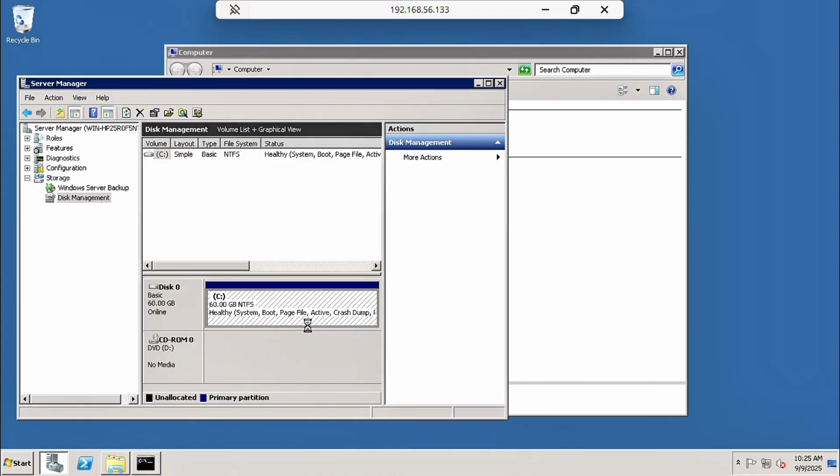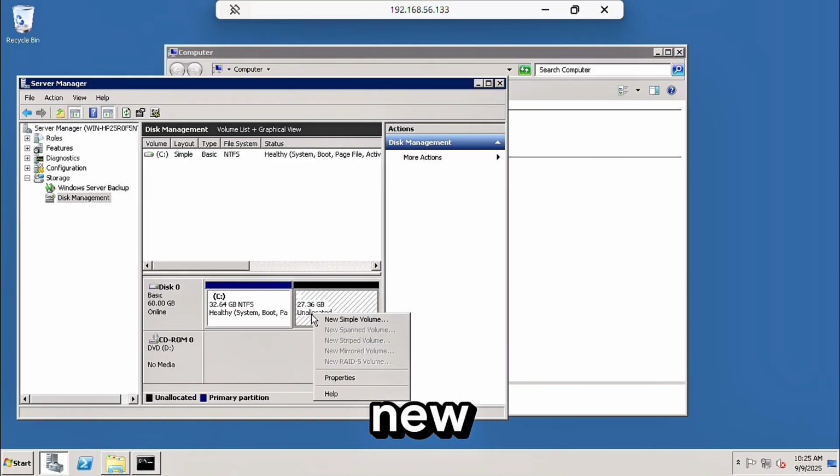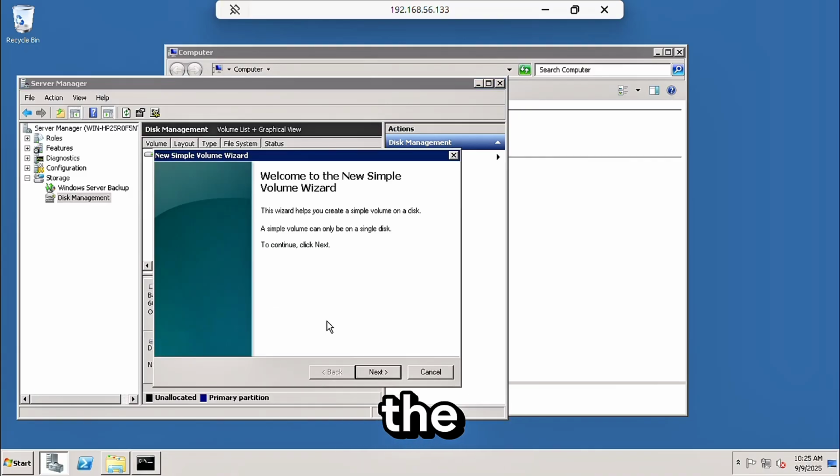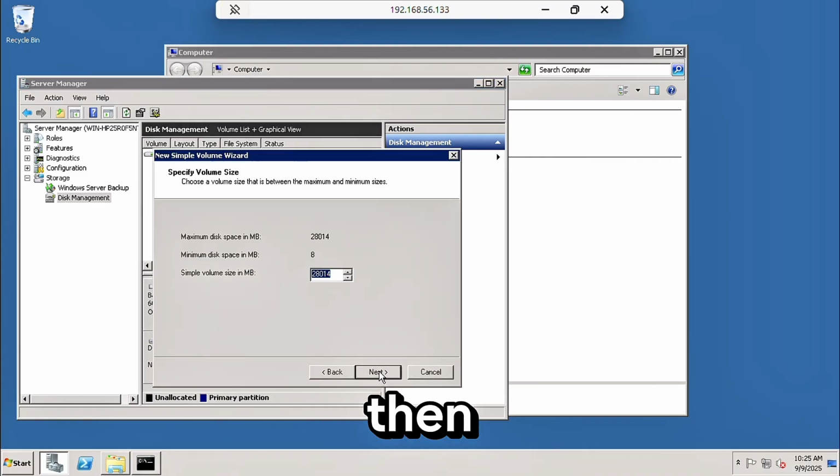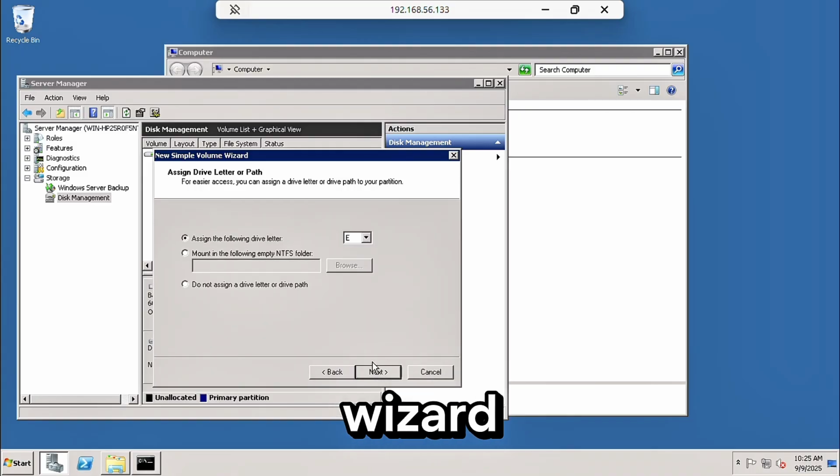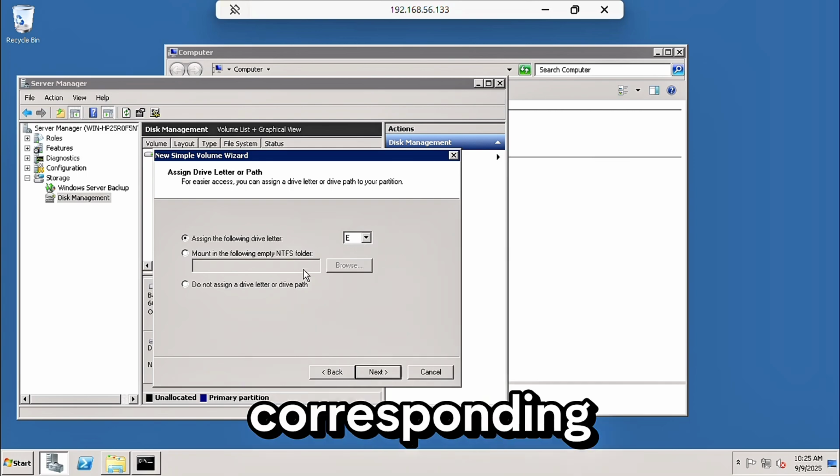So the amount of space now is 28015. Then next, click your new hard disk, then right click it and choose new simple volume. Then just click next in the new simple volume wizard. So now you can see your new drive with its corresponding letter.